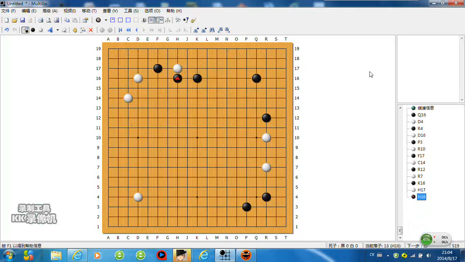And the most common response of white is to play here. Regarding this move, usually we have two choices. First one is here, and the second one is here. Let's see this one first. This is a very common shape. Even if we don't have all other stones, this is very common fuseki after this